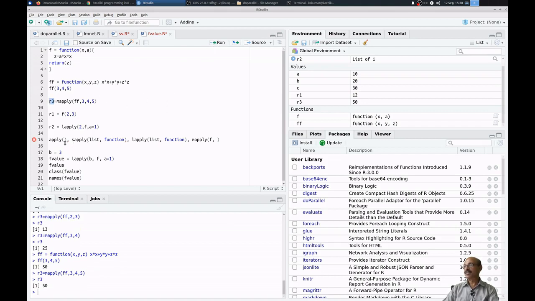So what is the difference? There are different apply functions. One is simply apply, then sapply. Sapply means simplifying. If you want to simplify, you can use that. Otherwise the major two things I am going to use are lapply and mapply. What is the difference? mapply is for multiple arguments. lapply will return the output, and the returned value will be a list actually. So that is about it.